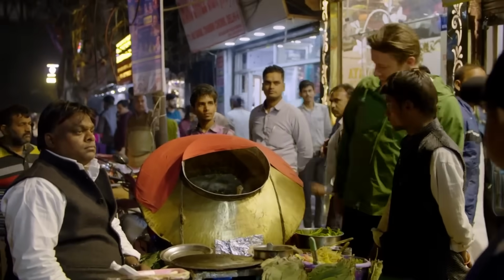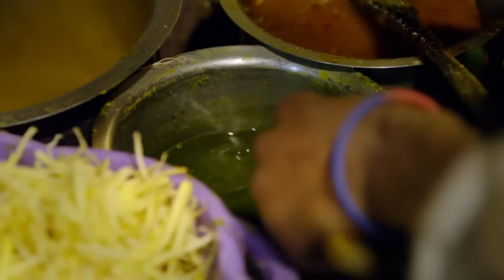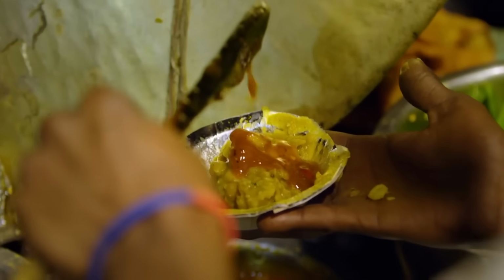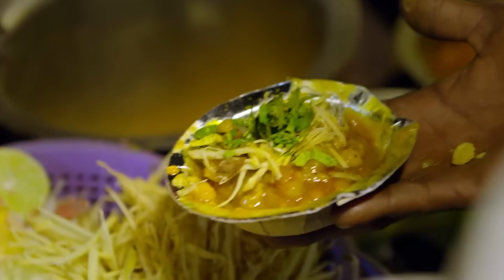Wow, look at that bowl. So you've got a massive cauldron of chickpea curry here. Oh, cool. He's seasoning the chickpeas with salt, some spices, like a little green chutney. And then look. This is like a mango and tamarind chutney with whole pomegranate seeds, quite loose. That's really interesting. Now he's gonna add crunch, sort of shredded ginger, and you'll get the heat from the ginger,